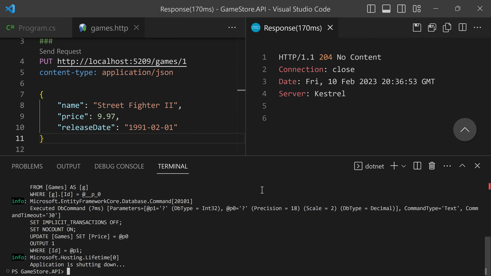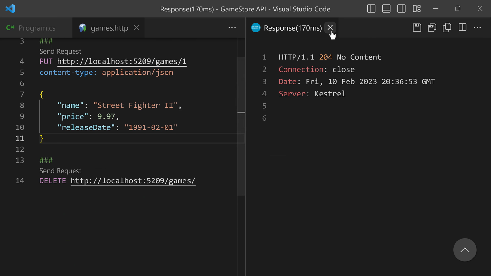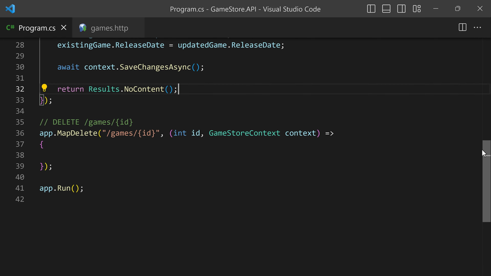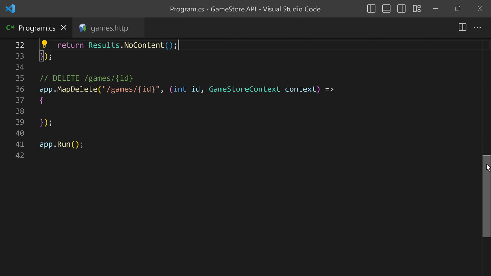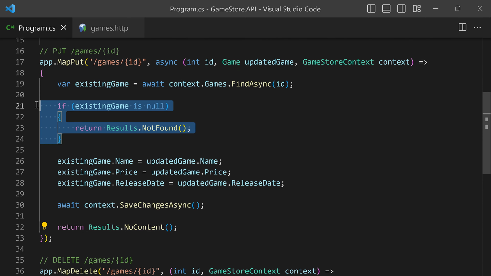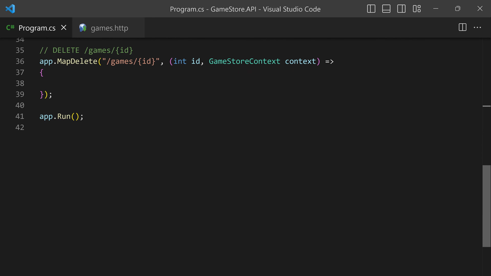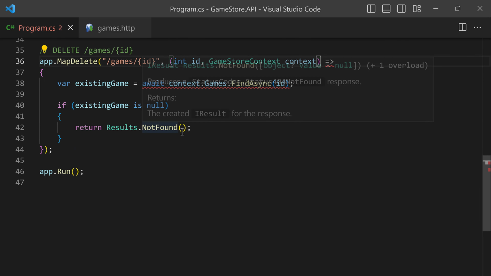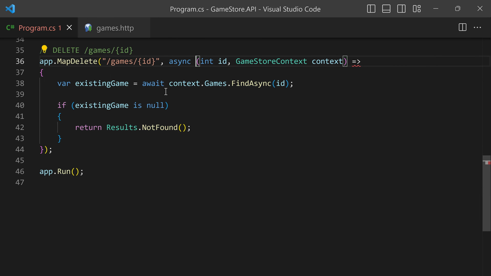And then let's go ahead and now switch to our delete operation, right? Let's see what happens with delete. And let's do a very simple implementation of a delete, which once again is going to be very similar to the one that we have for update. So I'm going to just copy these few lines over here. Okay, so let's go down into delete and let's paste that. Okay, same idea, and we have to specify that this is going to be async, of course. And so we go ahead, we need to find the game to delete. We need to check if it is null or not. And then we can say